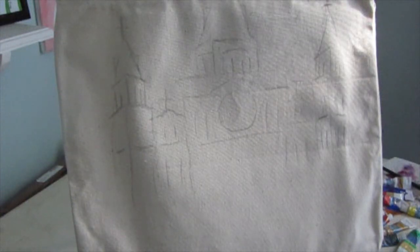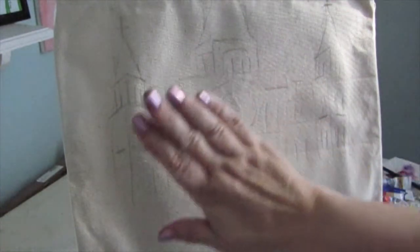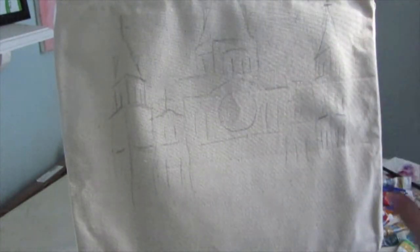Hi everyone, it's CajunDIYDiva, and today we're going to do another beach bag. This one is going to be a scene from the French Quarter, which will be the St. Louis Cathedral, with some Louisiana irises superimposed on the front, in the foreground. So let's get started. I've already sketched a basic outline of the